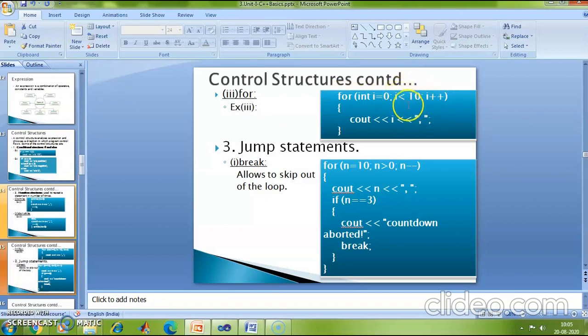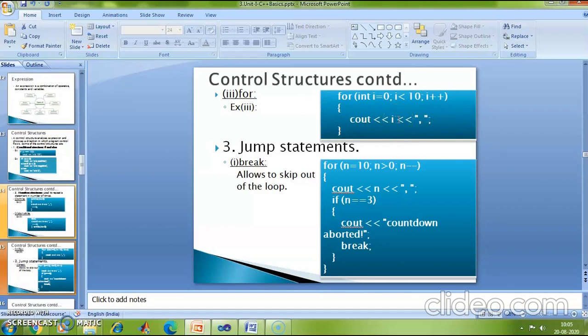The check is also done in the for statement, followed by the incrementation or decrementation operator, which updates the check variable. In this case, the check variable is I. And once I enter the for loop, I mention the piece of code which has to be executed again and again.